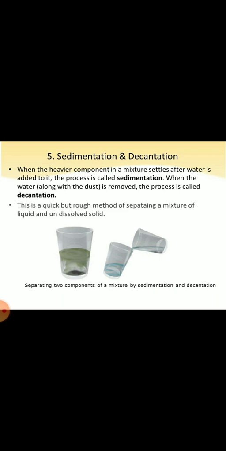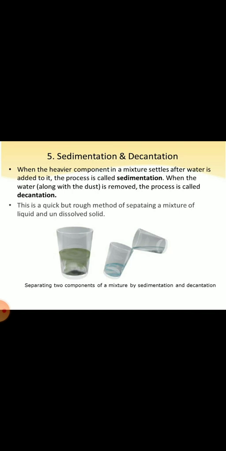First is the sedimentation and decantation method. So children, these two methods are used to separate a mixture of an insoluble solid in a liquid. The insoluble solid particles, which are coarse and heavy, when allowed to stand, settle down at the bottom. This process is called sedimentation. And children, the particles which settle down are known as sediment, and the clear liquid which we can see above is called the supernatant liquid.